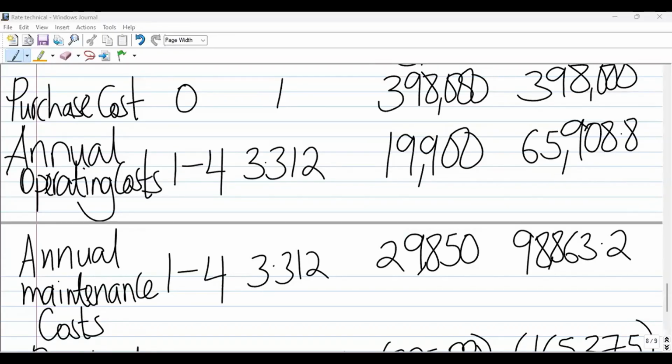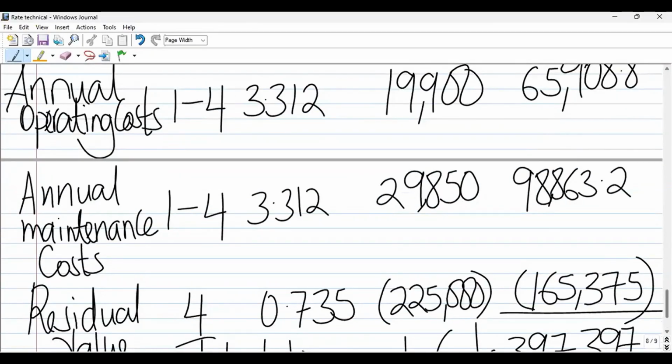So write that MMD, which is the name of the company, should purchase the Benz truck because it has lower